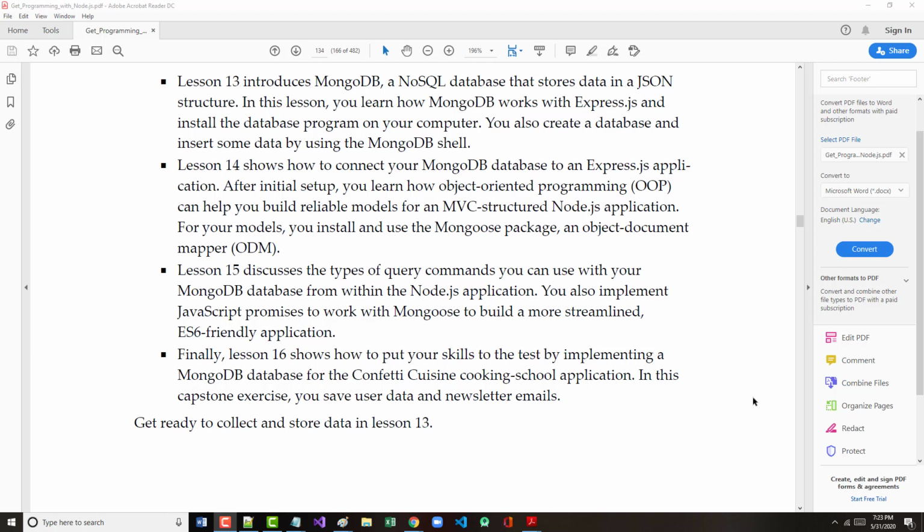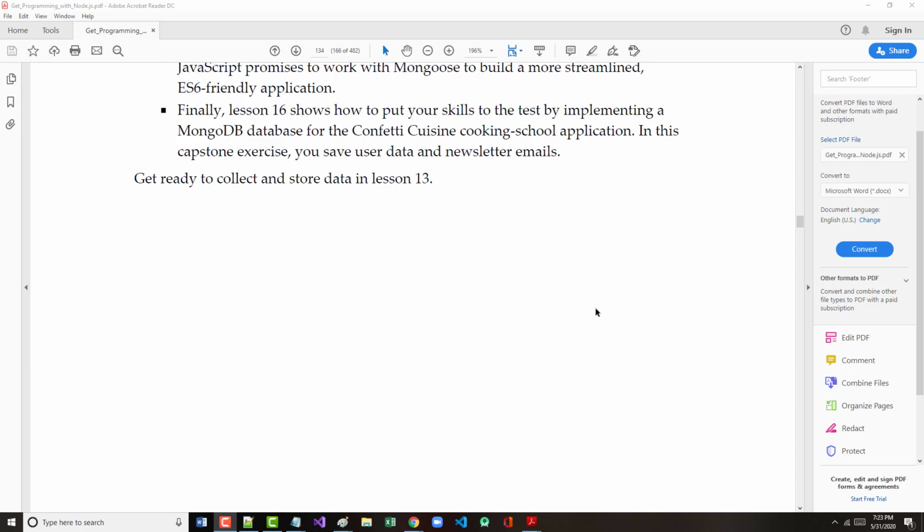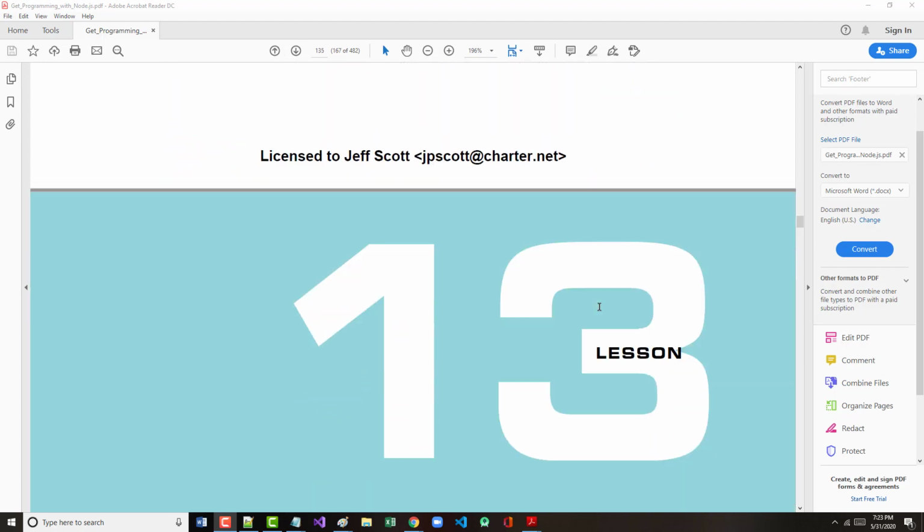Lesson 15 will discuss the different types of query commands you can use to extract information from a Mongo database. Finally, in Chapter 16, it's the capstone project, so we will add a database component to our Confetti Cuisine site. So, let's jump into Lesson 13,